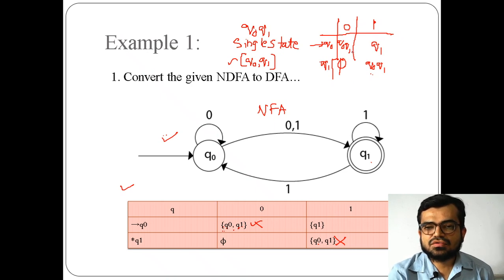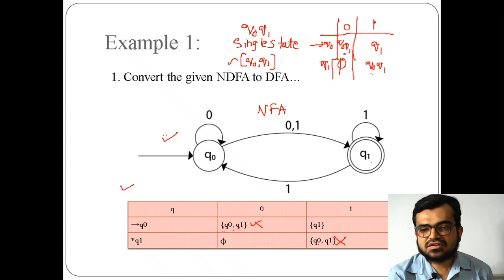Now, are there any states available? See here, Q0 is there, Q1 is already taken. The new state we have to see will be decided upon the states which we have taken here. So we are taking [Q0, Q1] as a new state. Now how should I calculate the value when it receives input 0 or input 1?